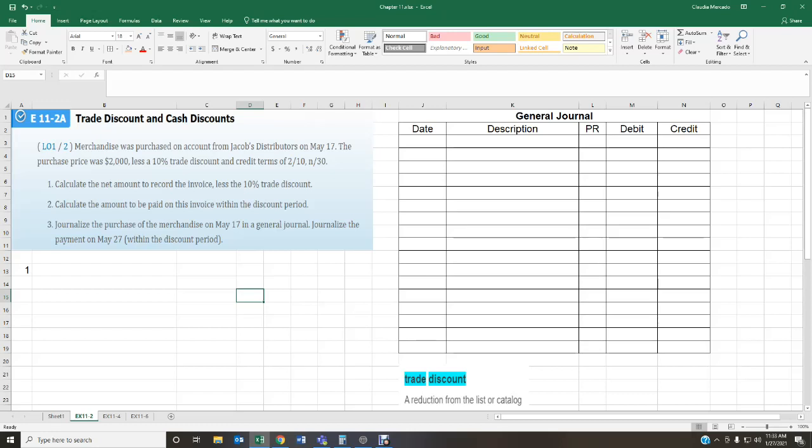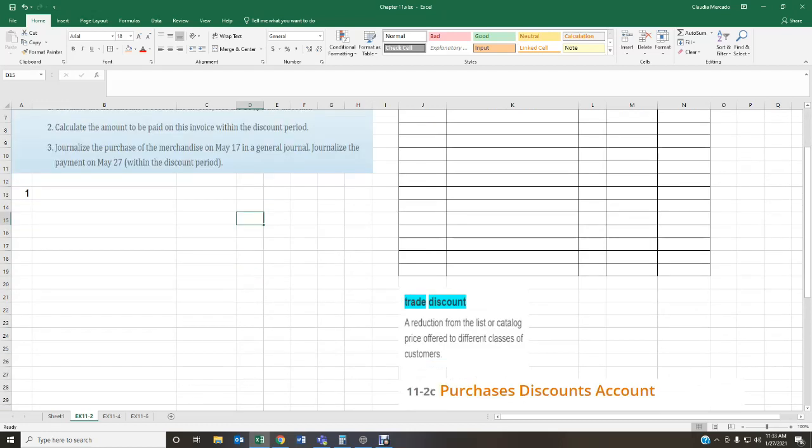Okay, so let's work on the first requirement first, which says to calculate the net amount to record the invoice less a 10% trade discount. Well, before we begin, let's go ahead and cover what a trade discount is. This is a definition coming straight out of your ebook. Okay, so a trade discount is basically a reduction from the list or catalog price offered to different classes of